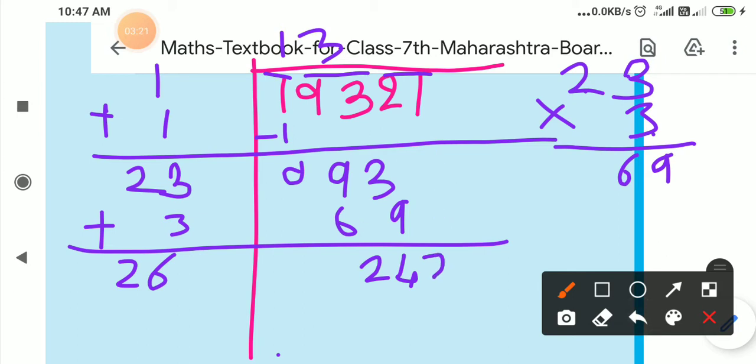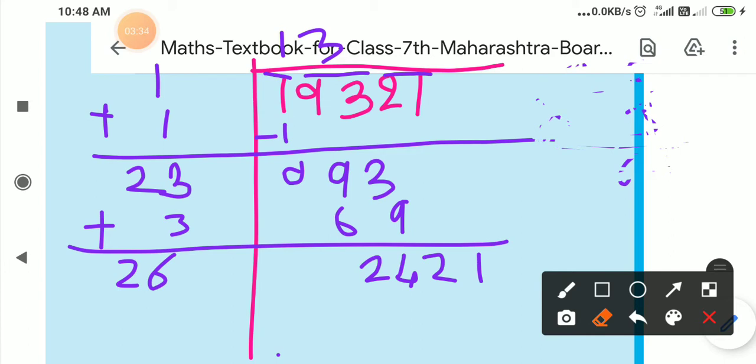So here take 21. Now this one is the last step, because we copy here the last group of the number. Now at this place, the first and last group is there. At that time what we have to check is the unit place of the square. Here we have to check the unit place number. Which is the unit place number? 1. Now tell me which number's square has unit place 1. So 1 square is 1.